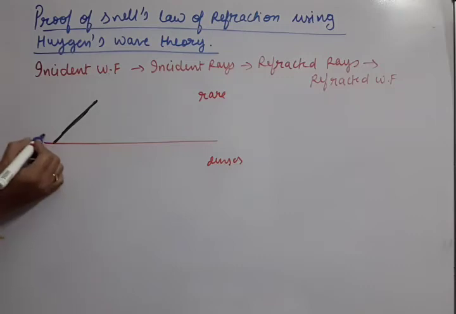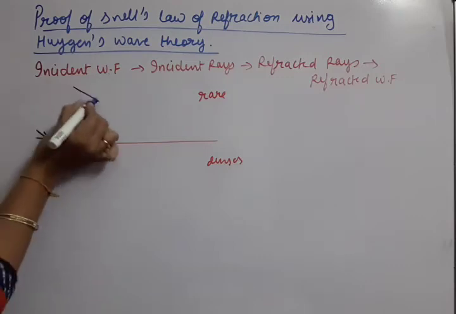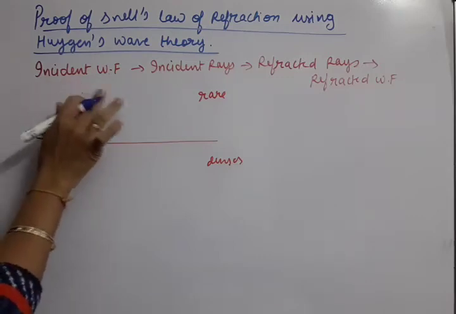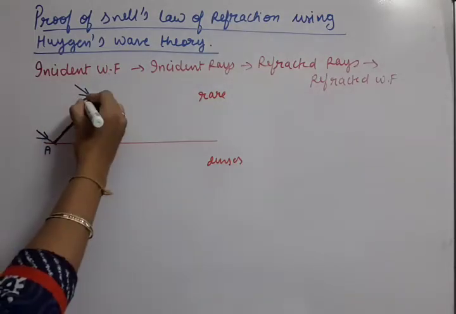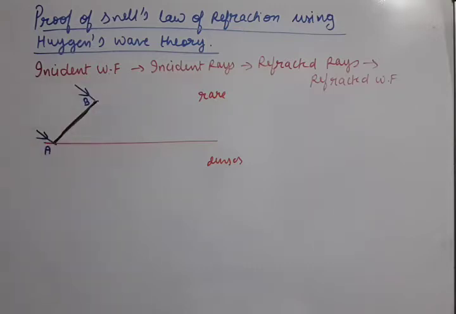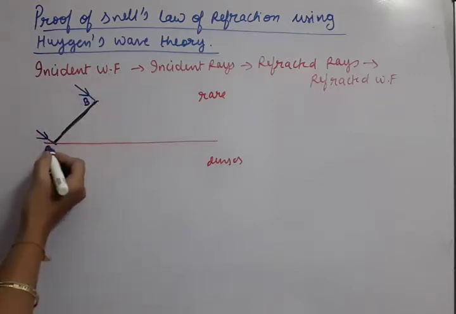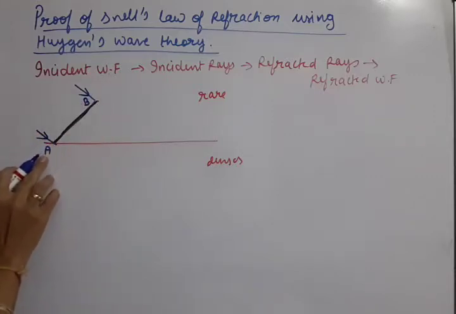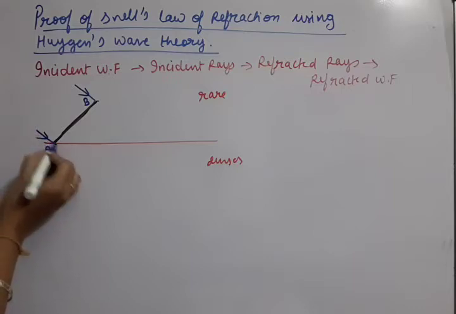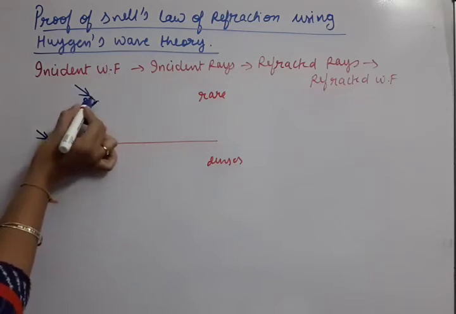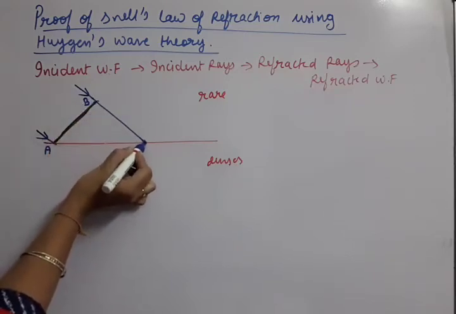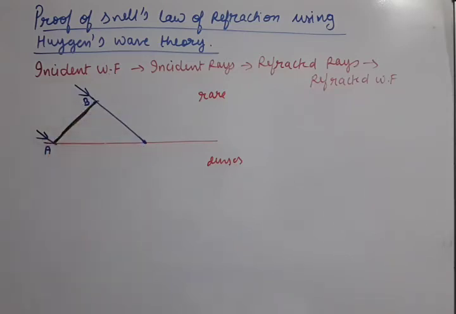So we will draw two rays, first ray and second ray. First ray is drawn at point A and second ray is drawn at point B, suppose. So A and B are two points where we have drawn the two rays. Now you can see that this wavefront is touching the separation line directly at point A. So as soon as the ray comes, it will get refracted. But the ray from point B will take some time to move in the rarer medium, and then it will fall on the separation line. Then refraction will take place.